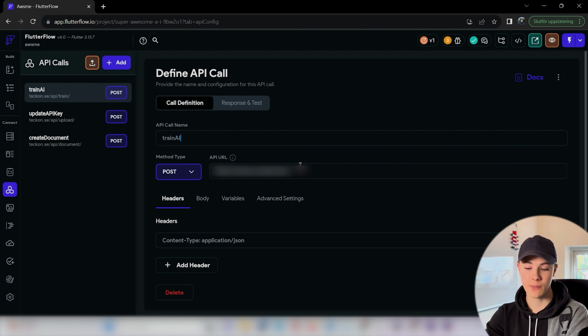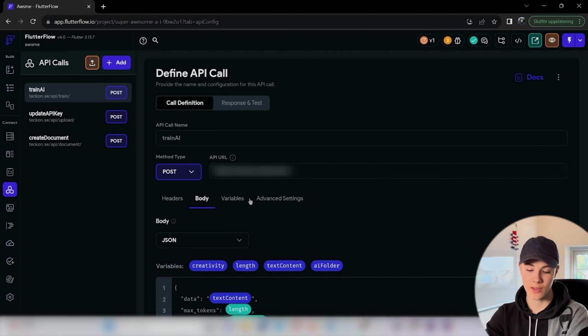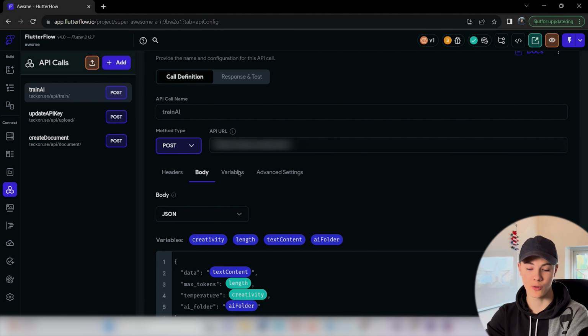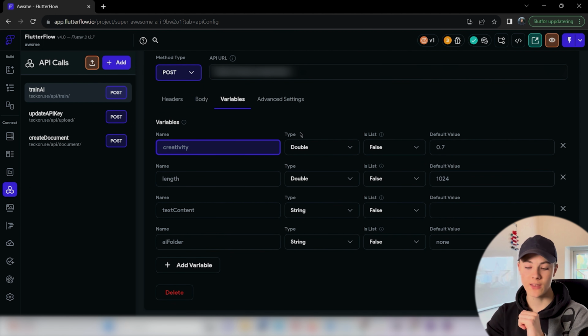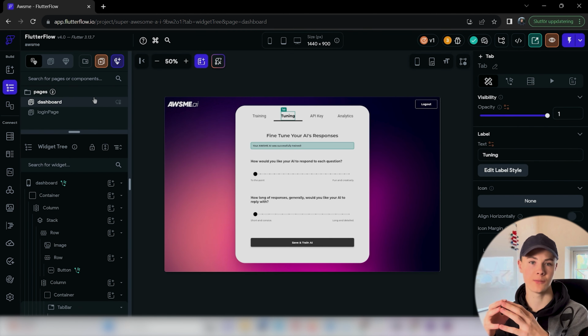To set up an API call in FlutterFlow, you can just set a name, a URL, a header, and a body, but you can also use variables that we define ourselves for our call. For this API call, we send the creativity, length, some text content, and an AI folder, which is basically just the name for the AI. All of these are grabbed from Firebase and then sent with the request